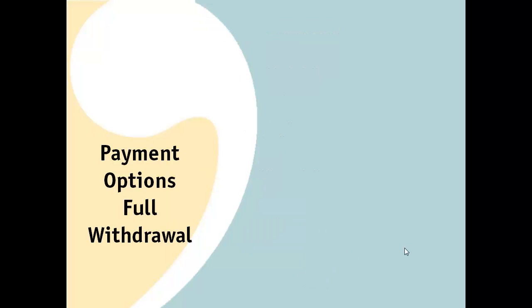How do you decide whether to pay a member with cash or stock or a combination? In the case of a full withdrawal, these are the things you should consider. Our recommendation, if you have any significant capital gains in any of your holdings, is that your first choice be to transfer appreciated stock. The reason for this recommendation is that there are nice tax benefits when you make a full withdrawal from a